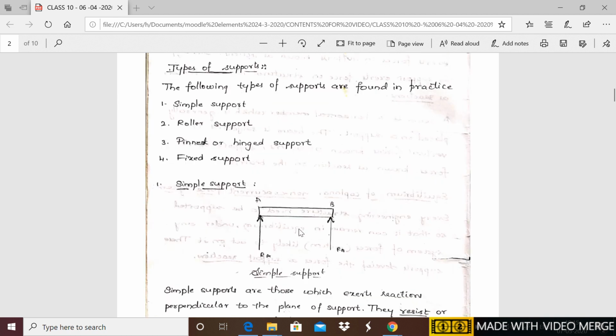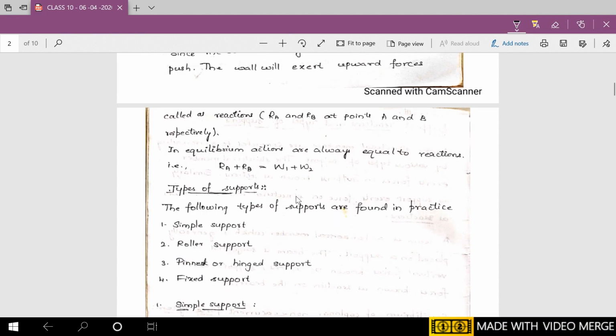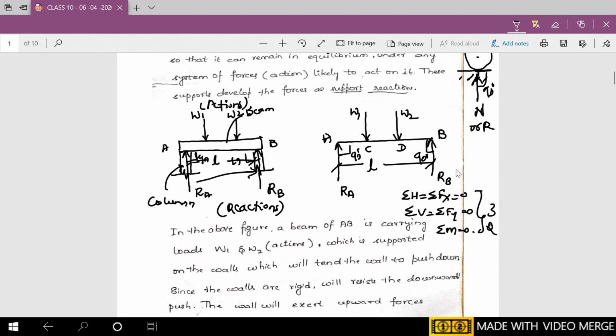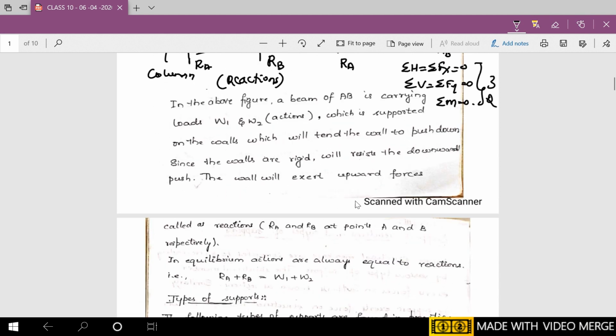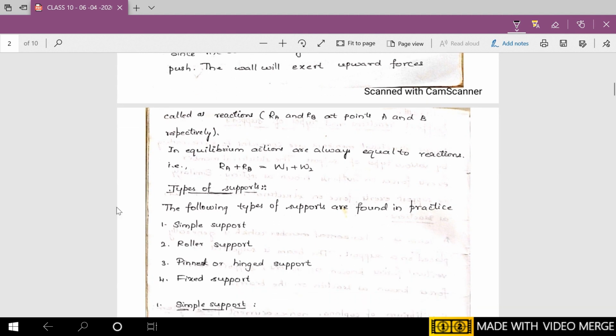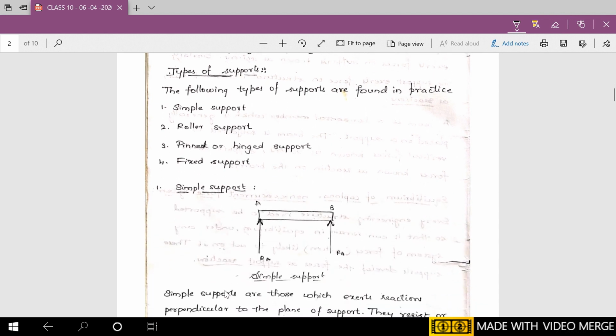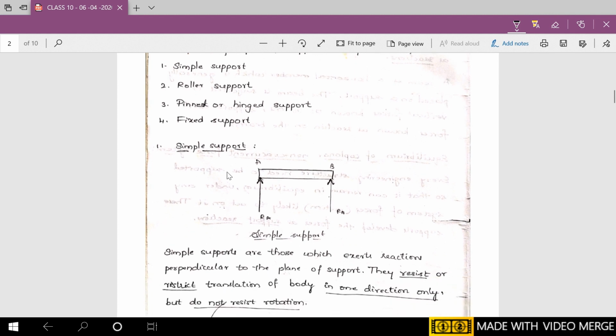Hello students, this is the second video class where we will study the types of support. The reactions you are giving here depend on the type of support. So let us go on to the topic: simple support, roller support and hinge support, fixed support, which are the types of support. Let us start with the first